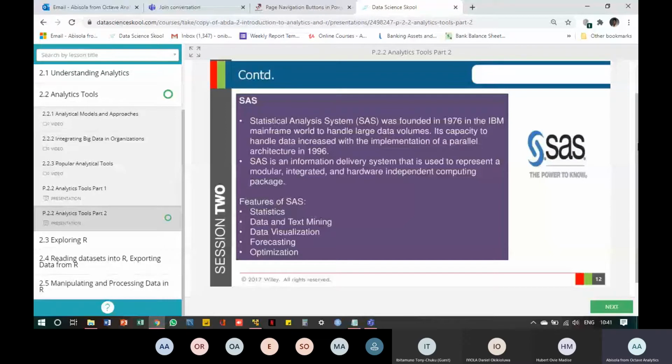So very quickly, let me talk about data and text mining. This might be a strange term to some people, but let me briefly talk about what data mining is. Data mining is when you are exploring huge volume of data sets because you want to find unknown or hidden insights. So you take the data and you explore it, you analyze it, because you want to get insights. That is what data mining is about.